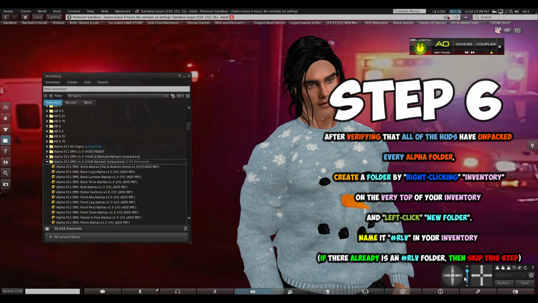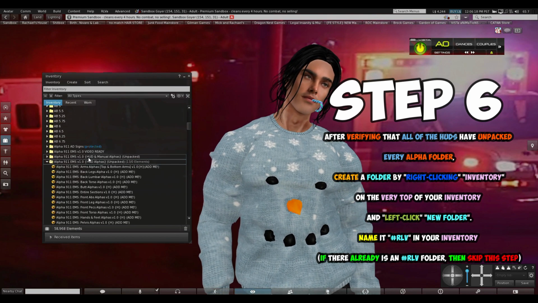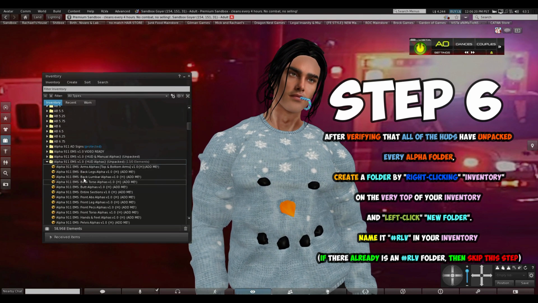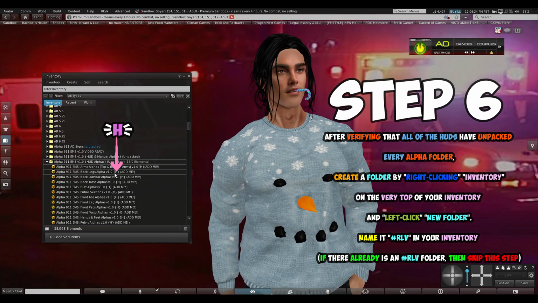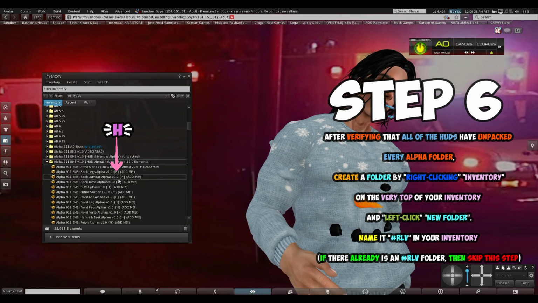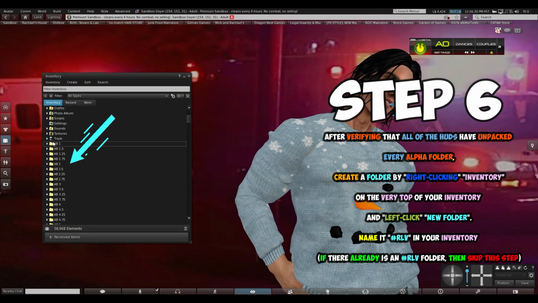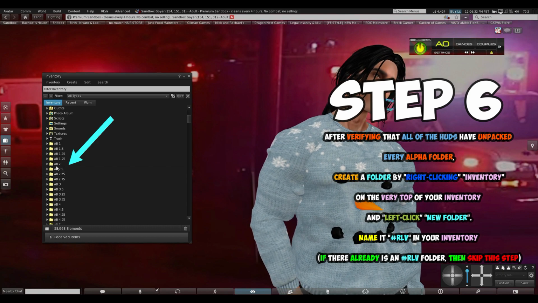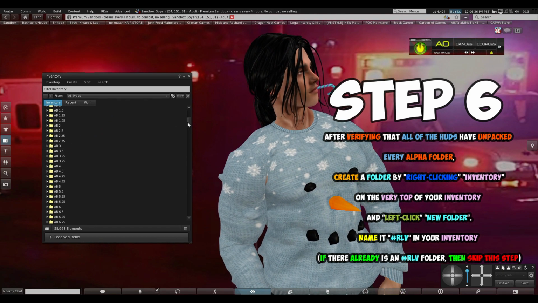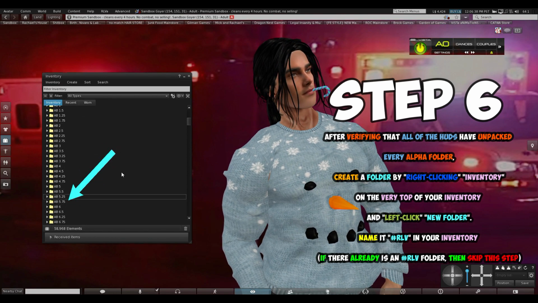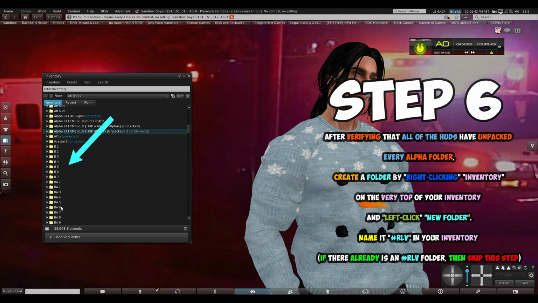Alright guys, so after we get done unpacking all 12 children unpacking HUDs from this folder that was given to you, they're all going to look just like this. They're going to have an H in the curly brackets. That lets you know that these are the HUD alpha unpacking HUDs. As you see here, all of them should have a 1 to 3 letter abbreviation with a number, letter, or word after it. Just like these AB ones here, they have an AB and some number after it.